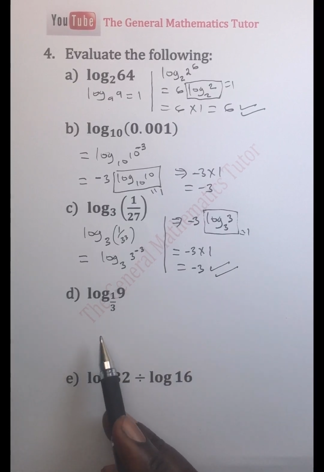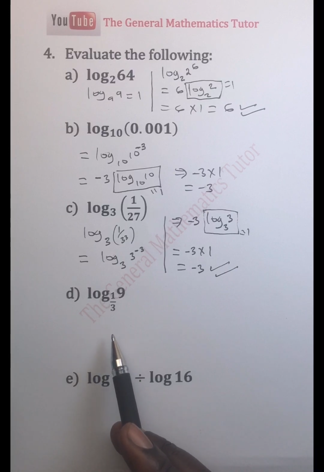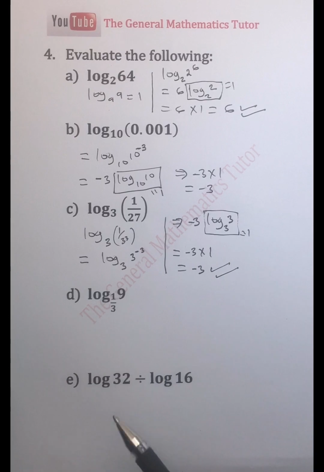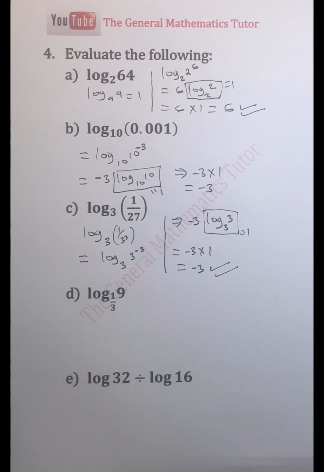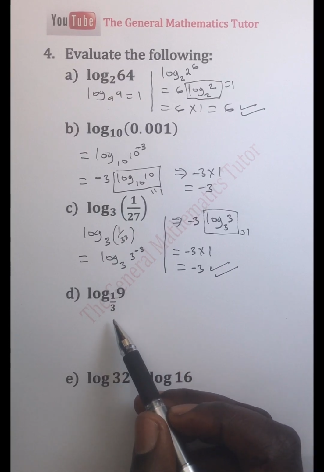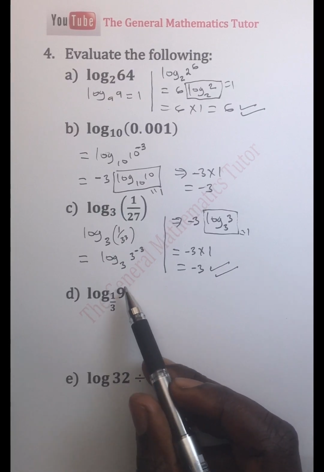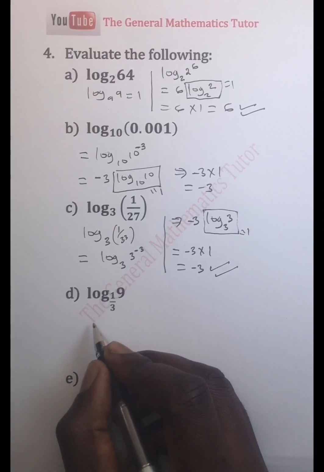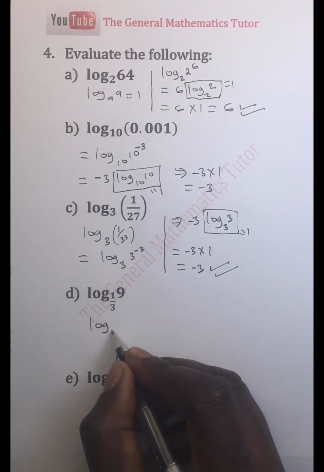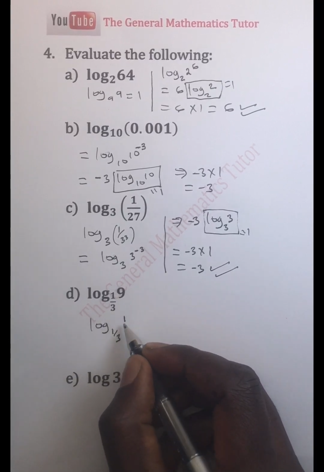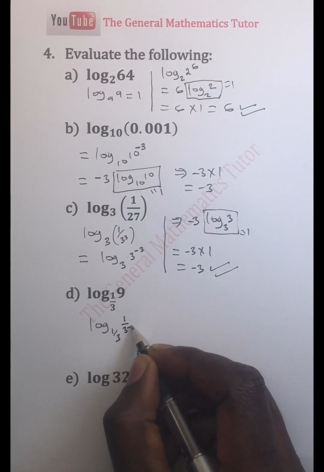Part D, we have log to base 1 over 3 of 9. Again, we are going to try and manipulate. Remember, we can only manipulate the number and not the base. So we're going to try and make 9 look like the base. So we can write that as the log to base a third. You can write 9 as 1 over 3 raised to power negative 2,